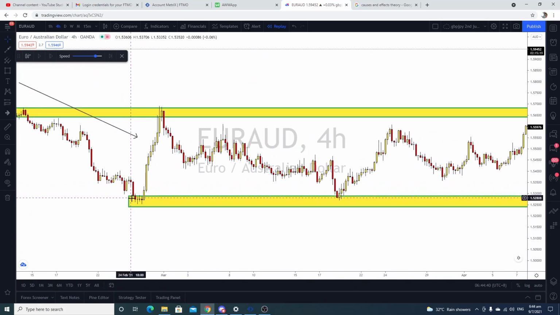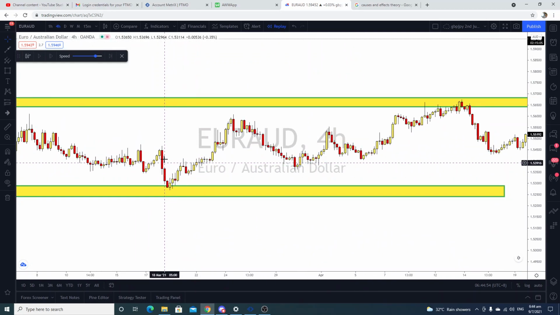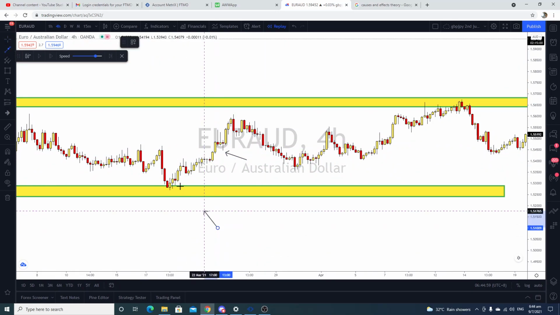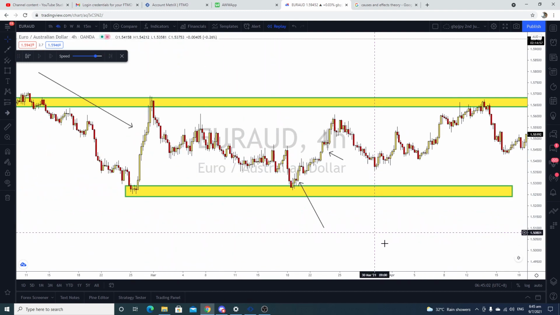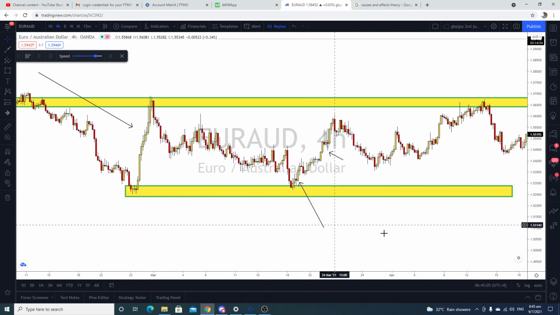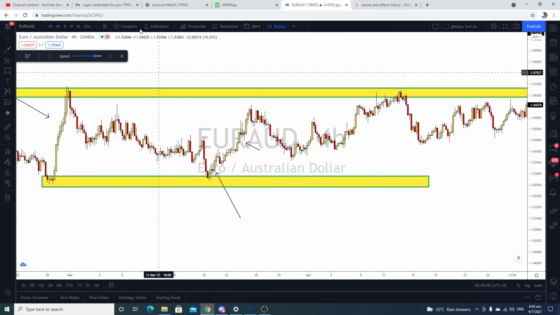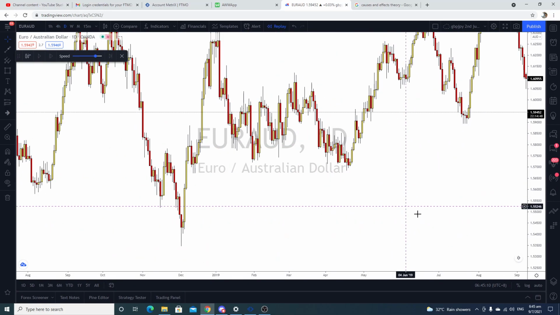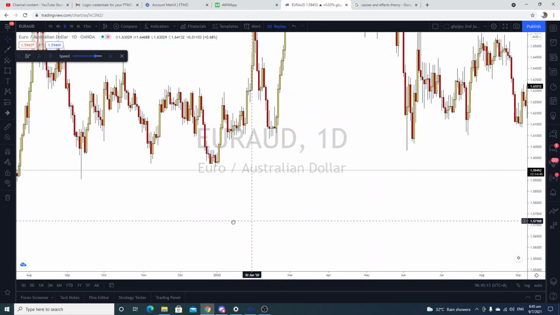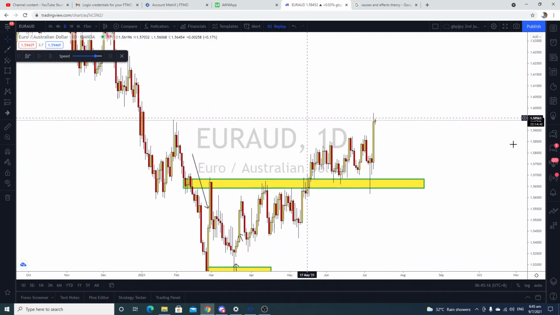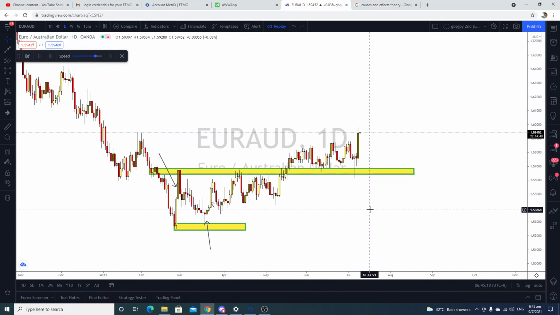Sellers' momentum is weak. See, sellers are weak, and then buyers push the price up. That is the effect. This is the cause. Sellers weak, buyers strong. Buyers push the price up. Okay, this is the effect. What is the cause? Retest of demand zone, on a drop base rally. Okay, so that is a cause and effect. So for every cause there is an effect. The thing is, once the effect has already happened, you must see what the price action is telling you.